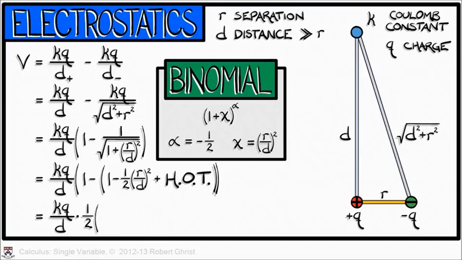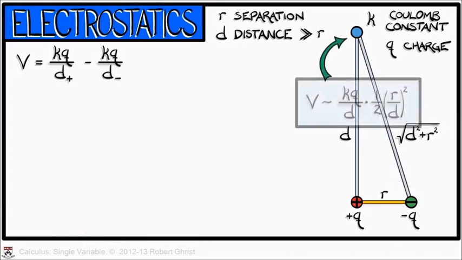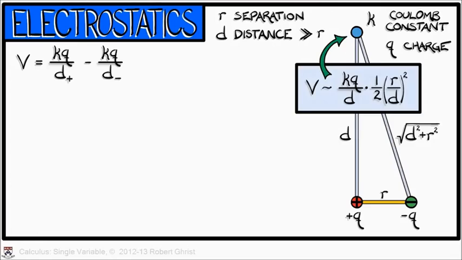Simplifying, we see that the 1's cancel, and we're left with kq over d times 1/2 (r over d) squared. Everything else is of higher order term in r squared over d squared. Let's remember that 1/2 (r over d) squared. In fact, we'll set it over here, right next to the